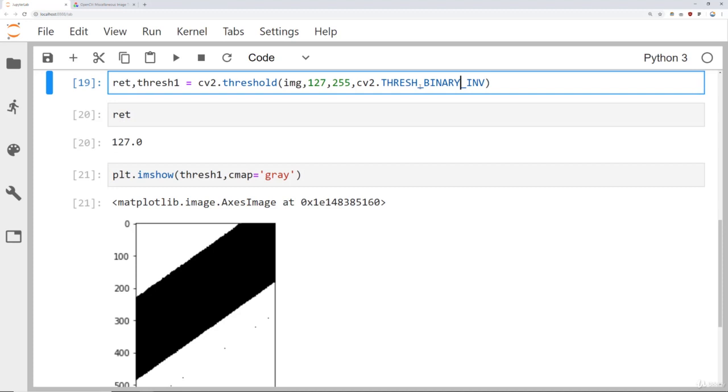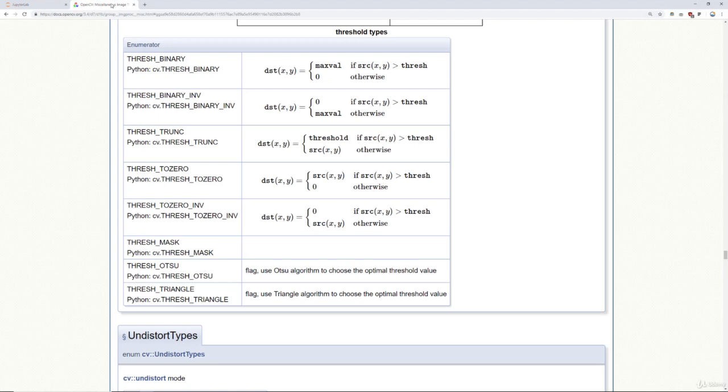Another threshold option besides thresh binary and thresh binary inverse is THRESH_TRUNC, and this is essentially a threshold truncation. So if you look up the various thresholds in the documentation, you can open up the documentation link and see the actual way the formulas work. So we already are familiar with thresh binary, where you're going to have some sort of source and it's going to go either to 0 or the max value provided, which is 255 usually. And then thresh binary inverse is the opposite. It's going to go to 0 if the source of that value is greater than threshold,